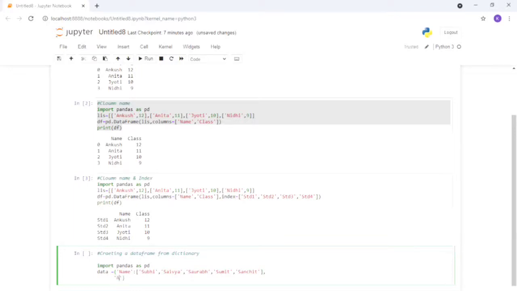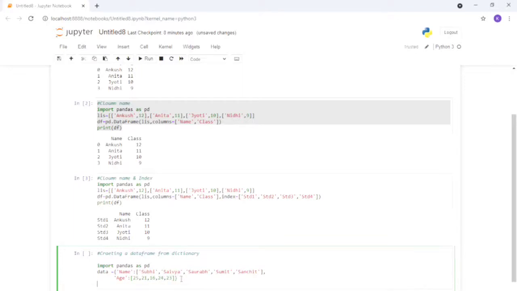Again I'm creating a key with the name age, and then I'm giving the values for all those people we have introduced in name. So 25, 21, 34, 15, sorry, there will be a comma, so it is 16. Whatever value we enter, it will come accordingly. On the last I'm entering 23.